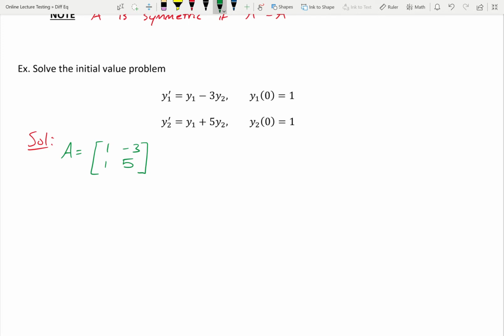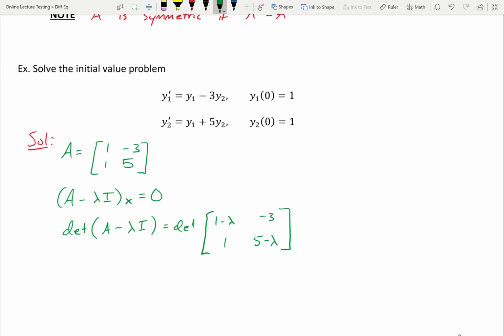And so now we need to find the eigenvalues of A. So notice here I do not have a symmetric matrix, which is cool. That's fine. So what we need to do is recall from the previous section that A minus lambda I times our eigenvector is equal to 0. So we need to find the determinant of A minus lambda I, which is equal to the determinant of the following matrix of 1 minus lambda, negative 3, 1, and 5 minus lambda. All right, when we cross multiply, we're going to get